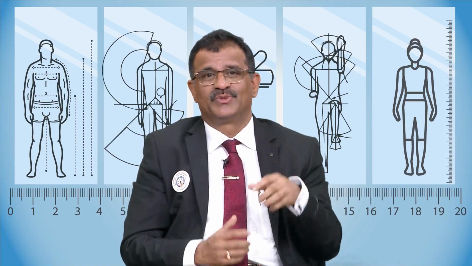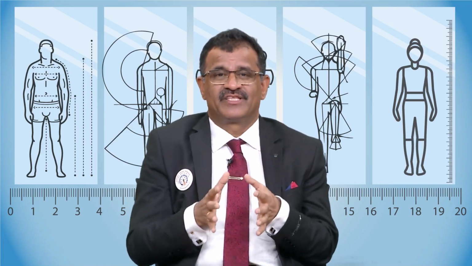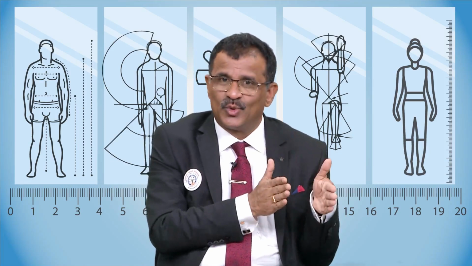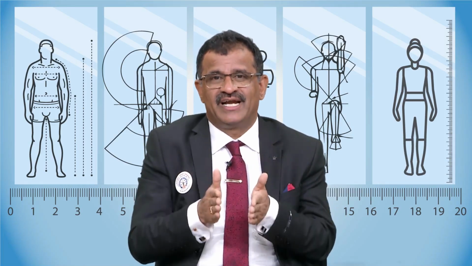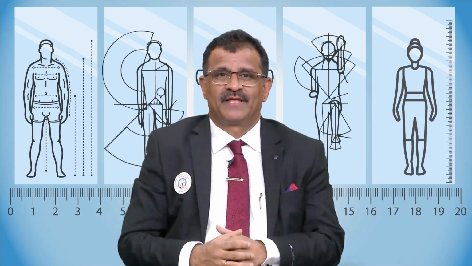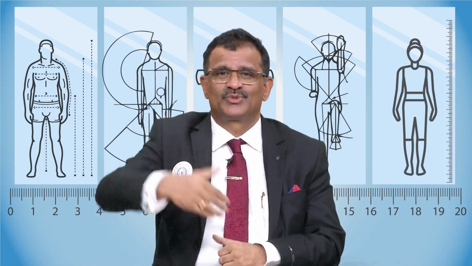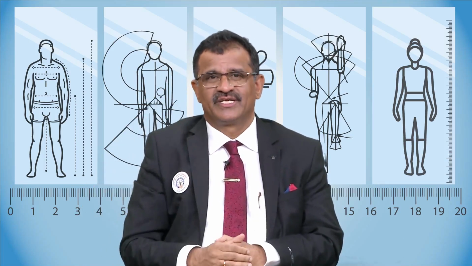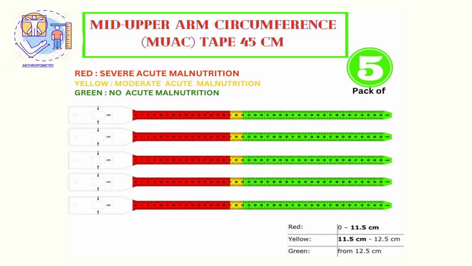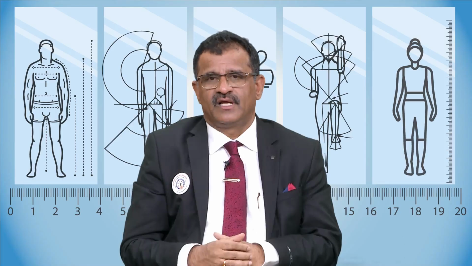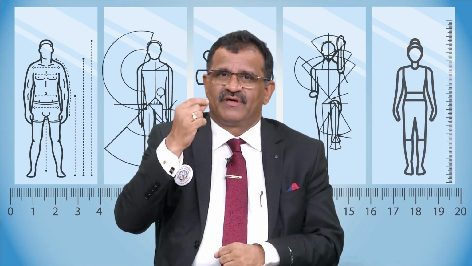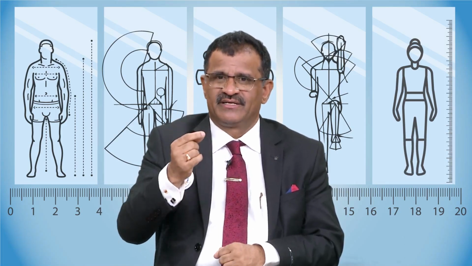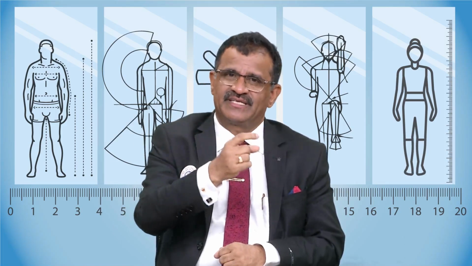So, this tape tells you the condition of a child, whether the child is in a dangerous zone or in a safer zone. In between these two there is a yellow color, which tells you that if that is the reading, the child is suffering from moderate acute malnutrition. The readings of MUAC measurement are in centimeters. The tape is available in centimeters,